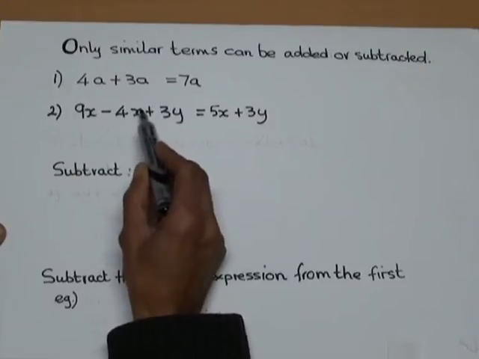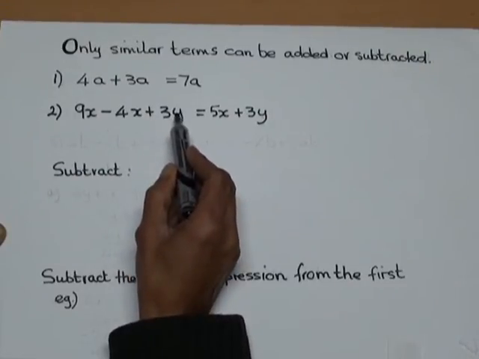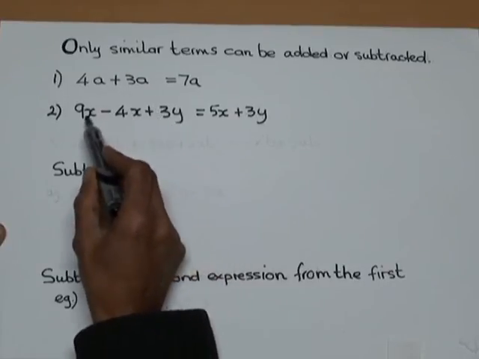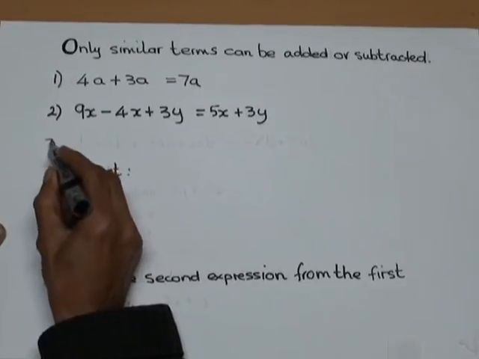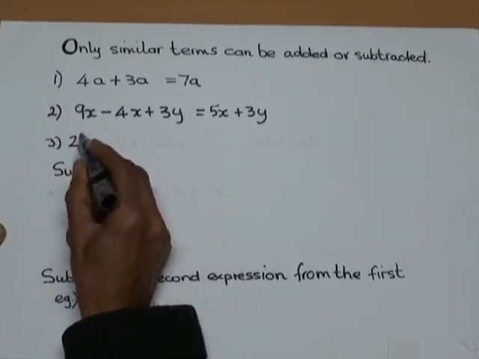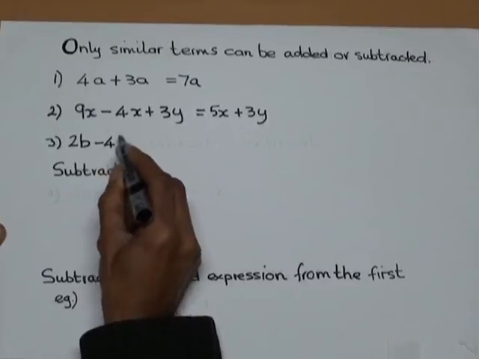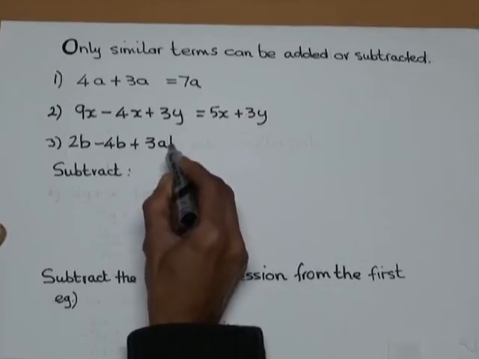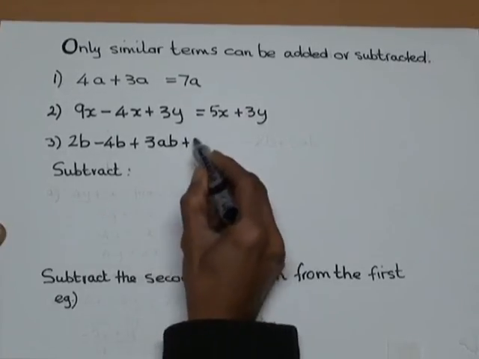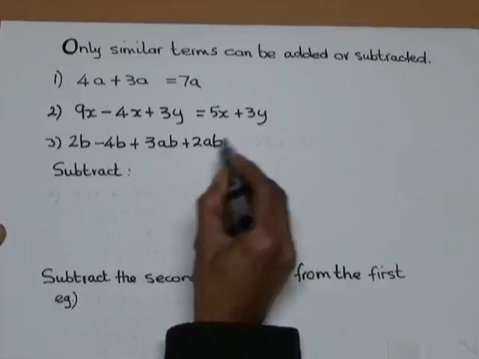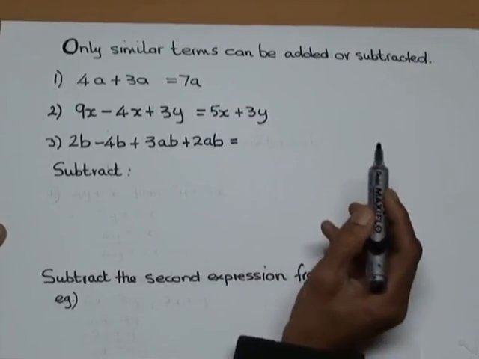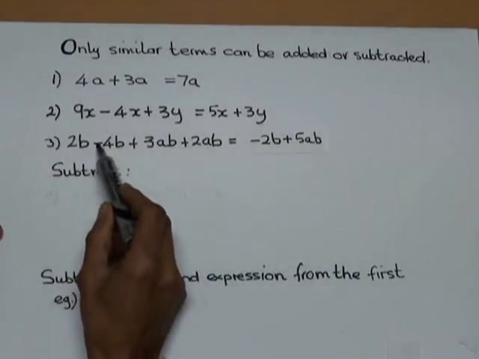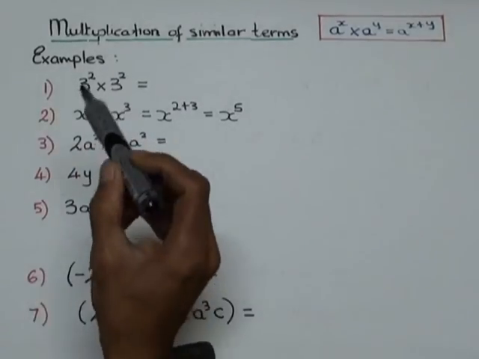x is not the same as y. It's not a similar term, these two. These two are not. Number 3, 2b minus 4b plus 3ab plus 2ab is equal to